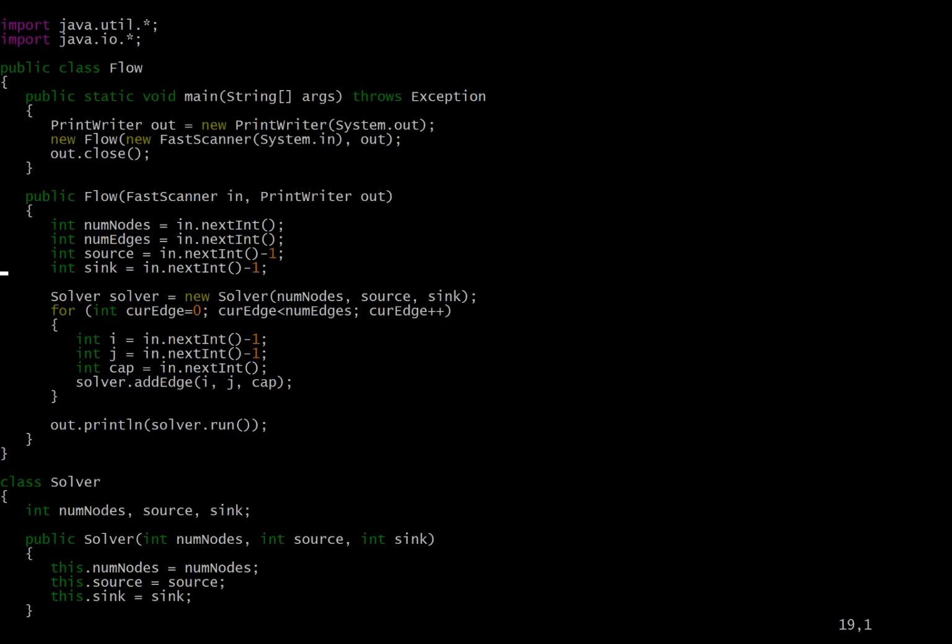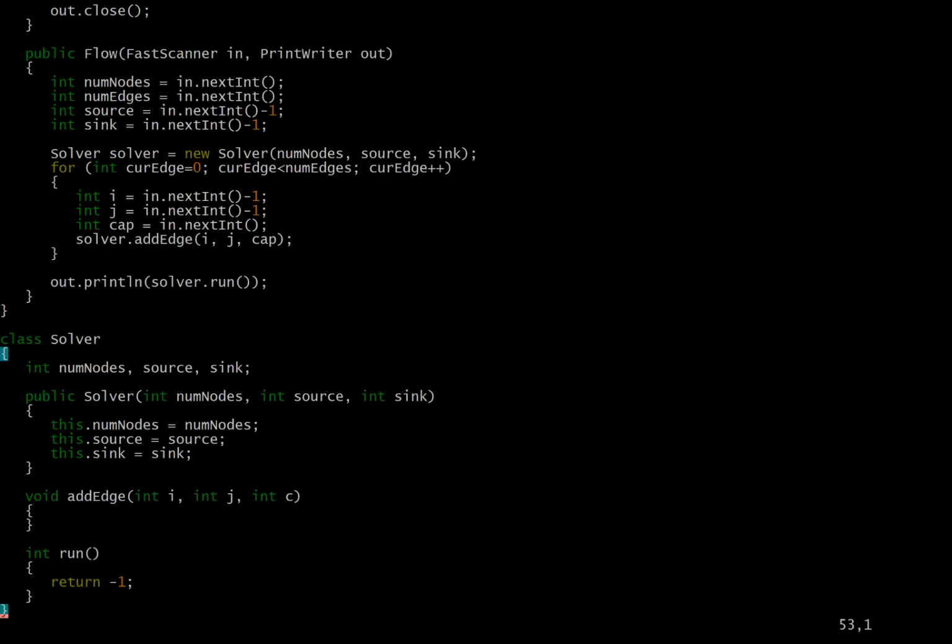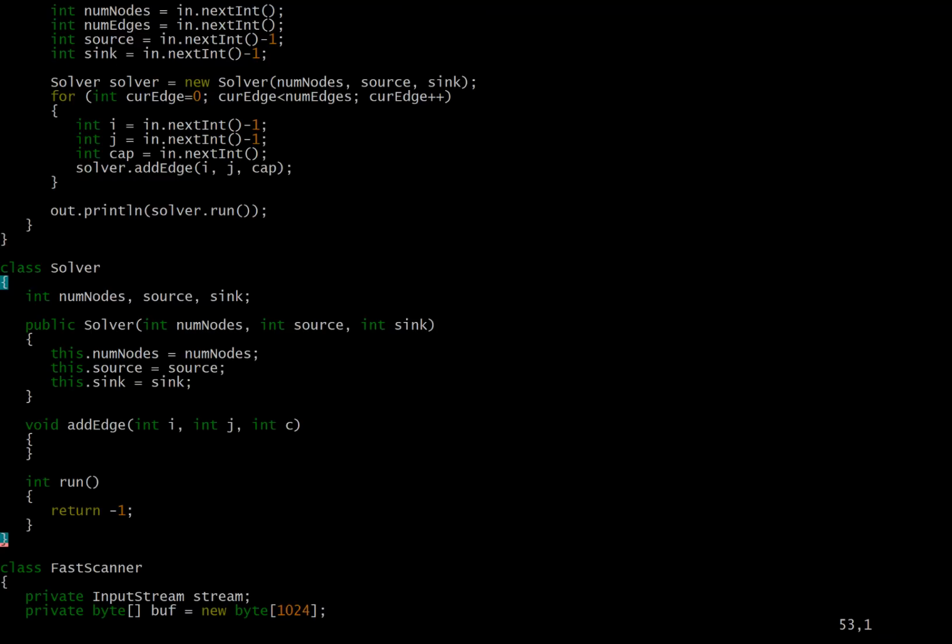And I've created a solver class. I usually call this MaxFlow, but I'm just calling it solver here. Pretty much all the flow code I'll be writing in this series is going to be in this format. So it just has an add edge function. It takes in the first node, second node, and tells you how many edges are between them. We usually call this a capacity, and that's what I'll use here. And then I have this run function that runs MaxFlow, distorts the graph the way I described. And then the last thing it does is return the value of the flow.